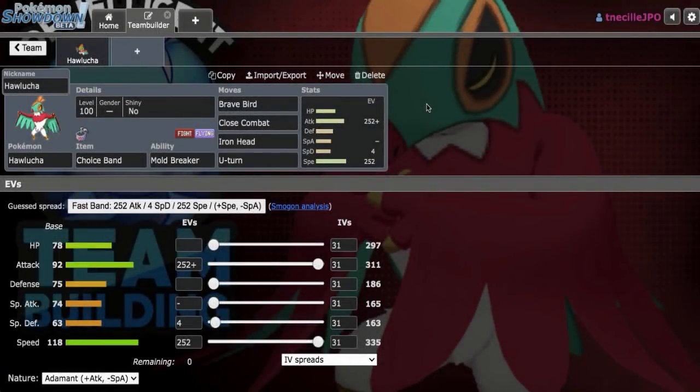I'm the OPJellicent, and today I'm building around Choice Band Hawlucha for Sword and Shield OU. Then I will be testing out the team on the Pokemon Showdown ladder. Basically what Hawlucha does is blow back fairy types like Primarina as well as Clefable with a Choice Band Brave